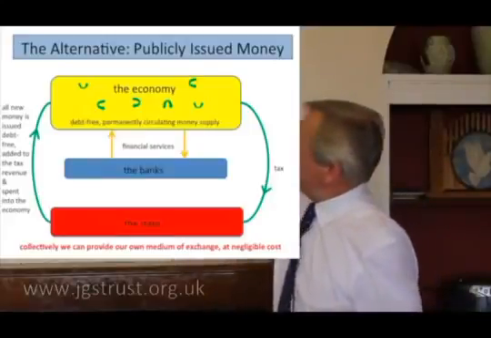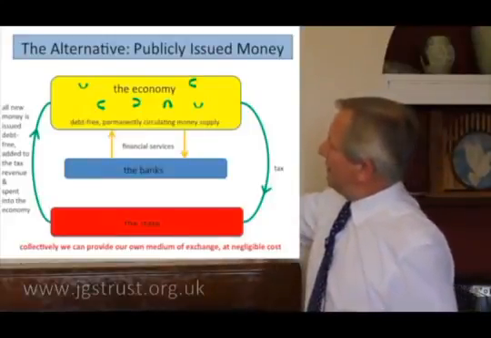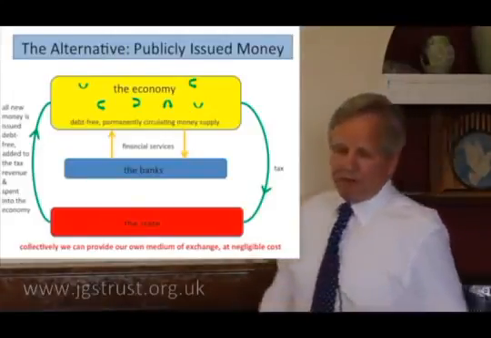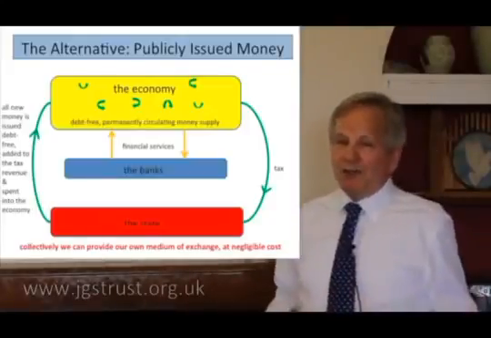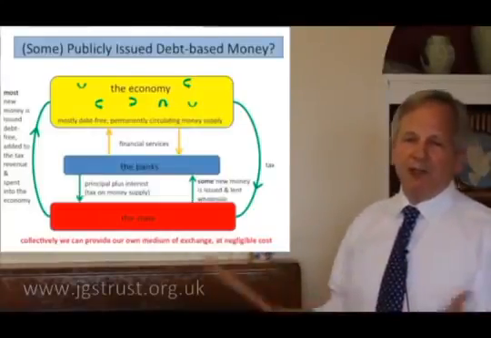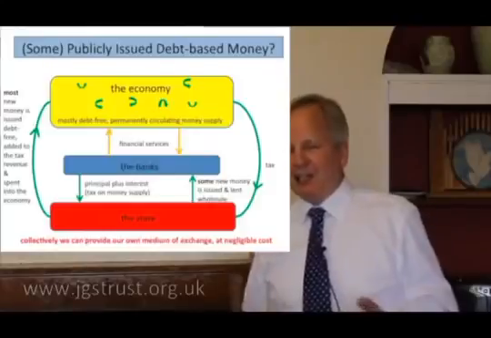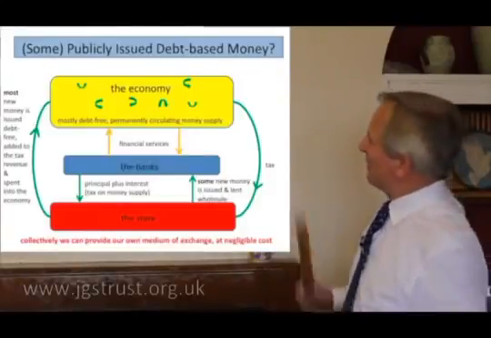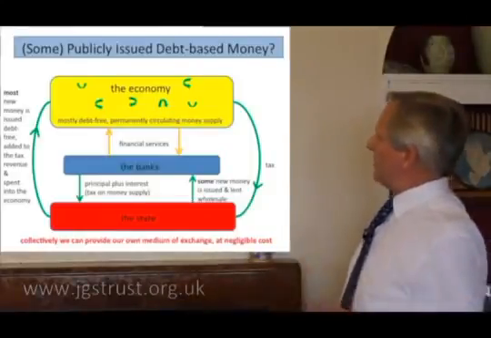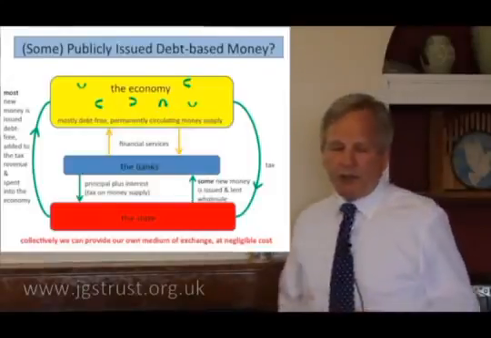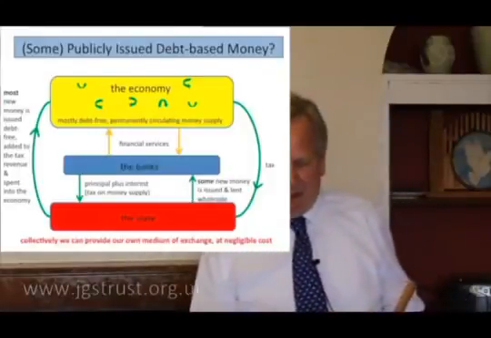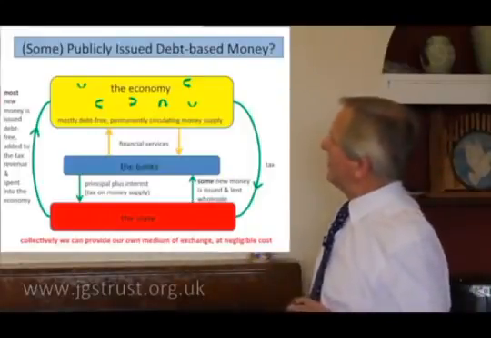Fine. So we issue them into the economy through what's called the state, which, taking a benevolent look at it, is what we all want to do collectively together. We want to have nice roads and we all want to drive on the same side of the road and so on. So I'm just having a dig at the anarchists here who I often debate with on the internet. So collectively we can provide our own medium of exchange, our own bunch of numbers at negligible cost. You have to pay some guy to type them in, sure, but it's not a big expense. So that's the alternative which we're all working towards.